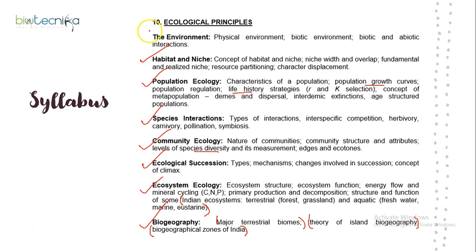Now coming to the other topics like the environment. This is a very simple topic which you have already studied, okay. From here I would like to highlight the different kinds of rules which you need to memorize, okay, Allen's rule, Bergmann's rule. So do give emphasis on the different ecological rules that you have,